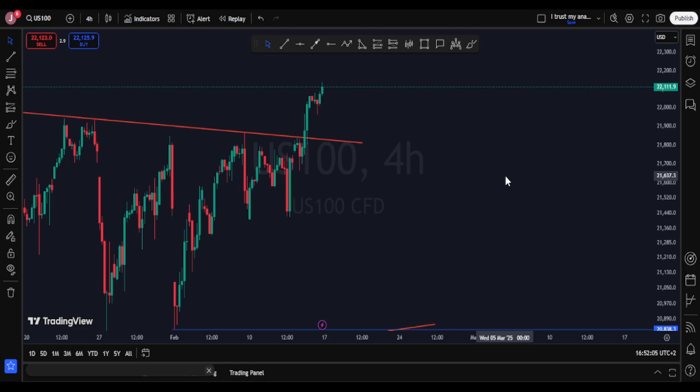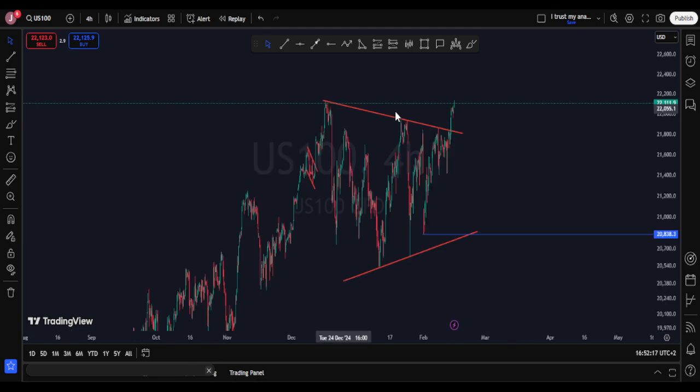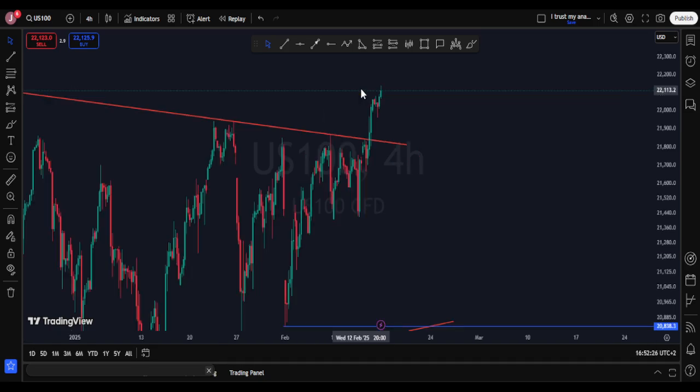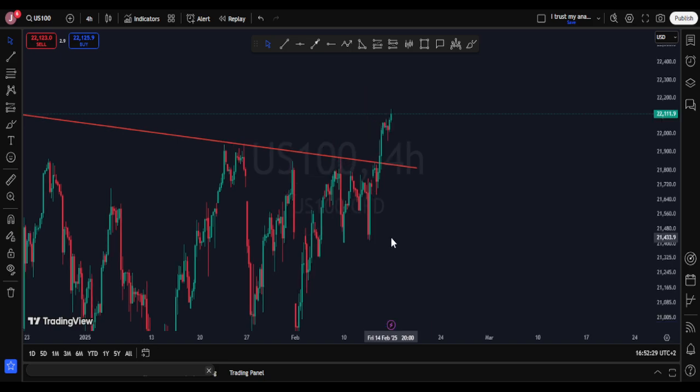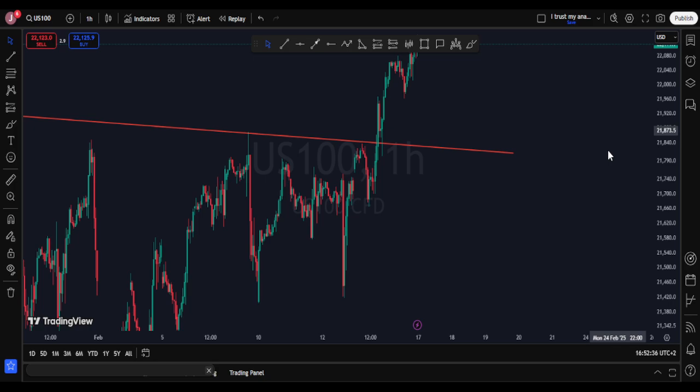Price completed this nice pattern. As you can see, I already have it identified, and it broke out aggressively, which is nice, which means now Nasdaq is ready to push to the upside. This is a nice break, and if you're a break and retest trader, I hope you got this nice retest,